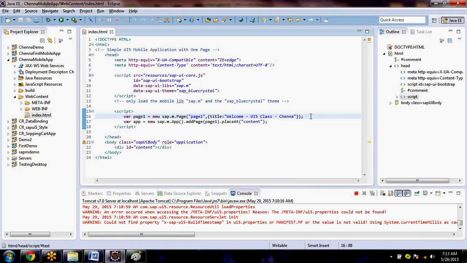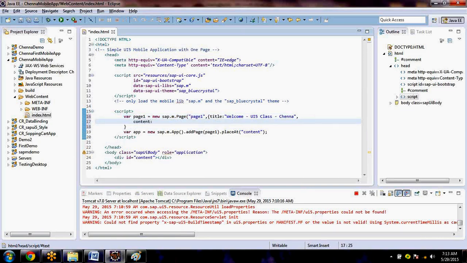Anyone? Yesterday we displayed something inside the page body. That's nothing but content, exactly. So let me put a comma, then I'll write content. You guys need to start remembering content.